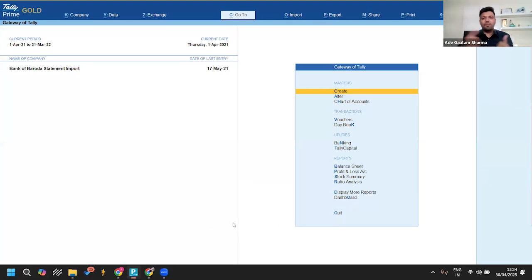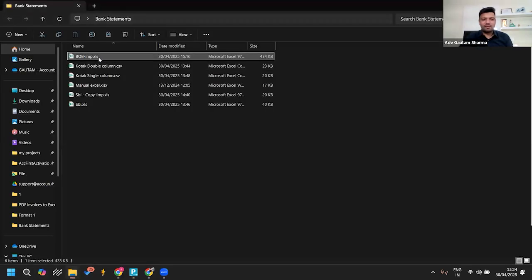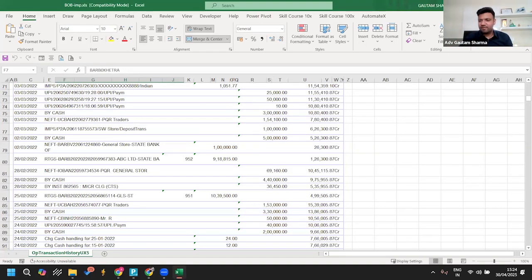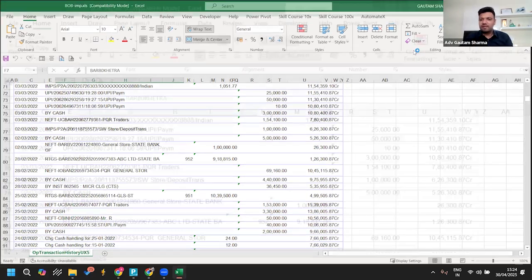So this way we can import our net banking downloaded Excel statement directly into Tally. This was the most complex statement that I have ever seen, and the bank name is Bank of Baroda. I don't know why they are giving such a complex statement, but I would like to thank Tally, because the way they are reading and capturing the data is just wonderful. It is saving a lot of time for us, and there is no need to go for any AI tool or any other so-called